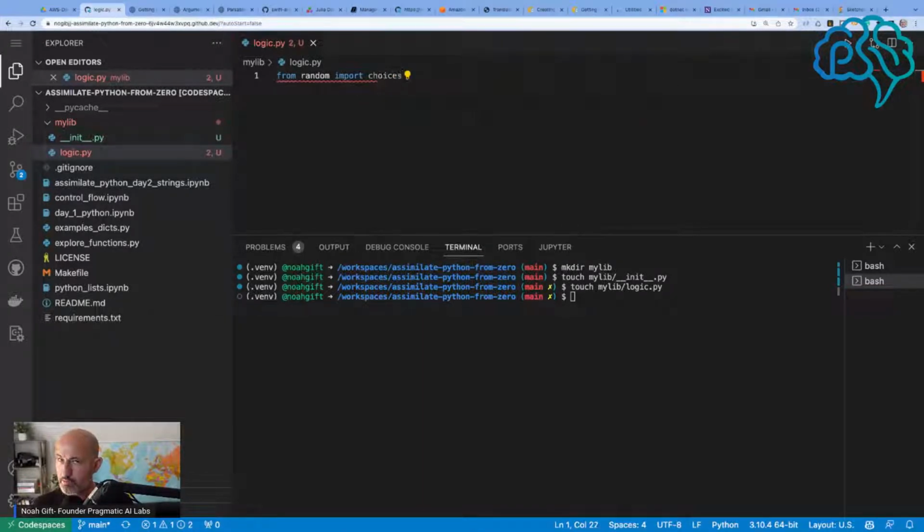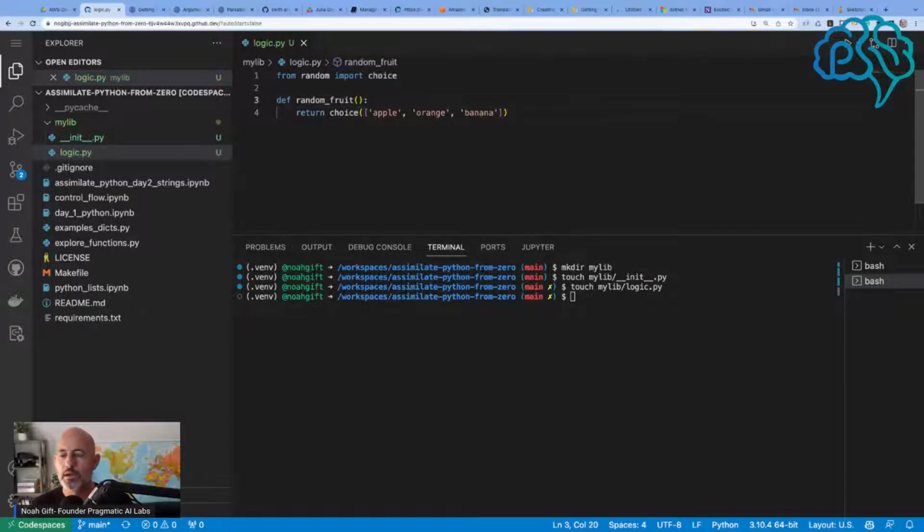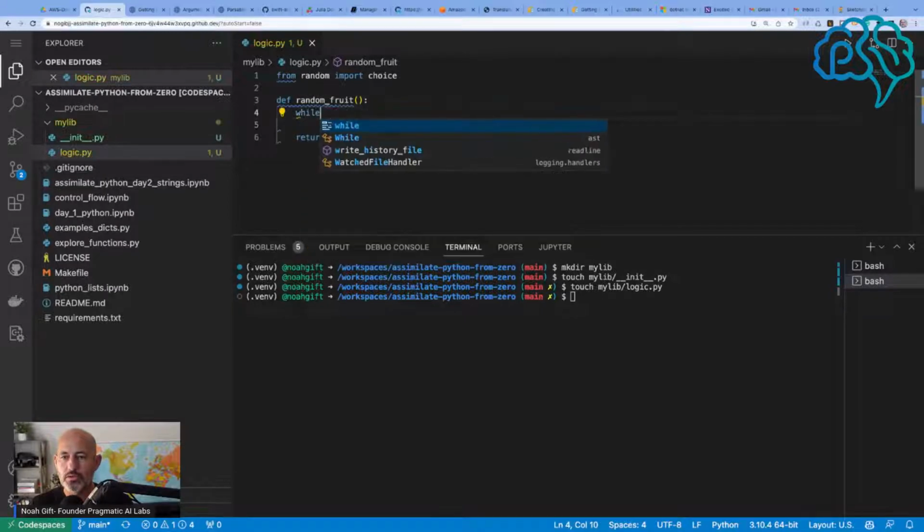I think it's random import choice or choices. I always forget which one is which. And I'm going to build a random fruit. So we'll say def random_fruit like this,